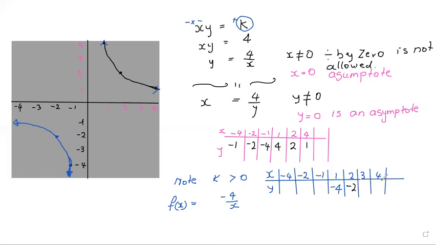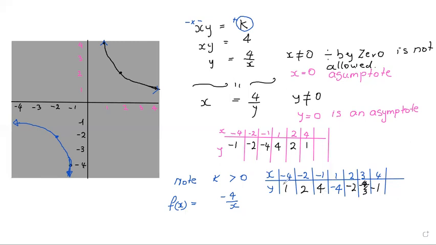When x is 3, that will be negative 4 over 3. And when x is a 4, that will give us negative 1. And when x is a negative 1, negative over negative is positive. We expect to get 4, negative and negative, positive 1. Now let's try to